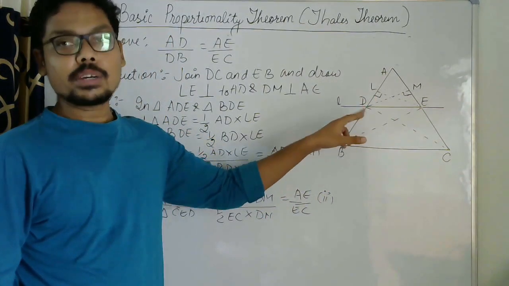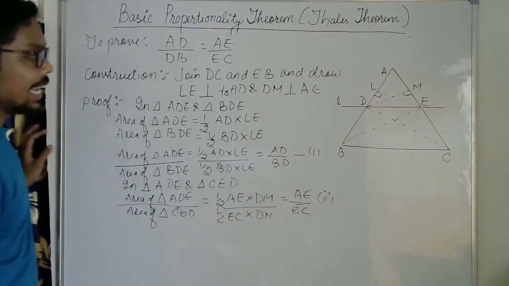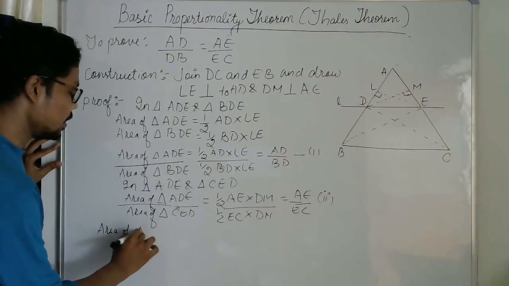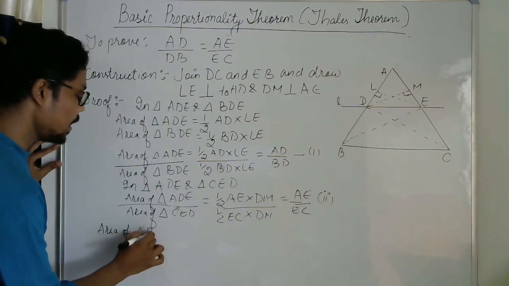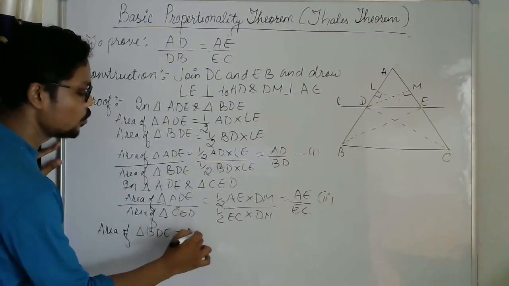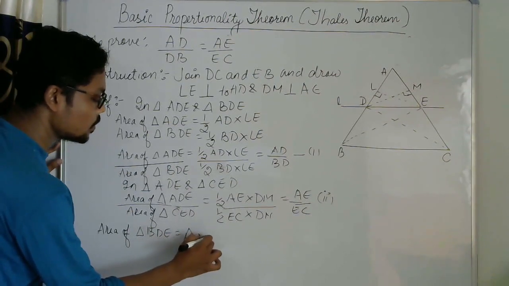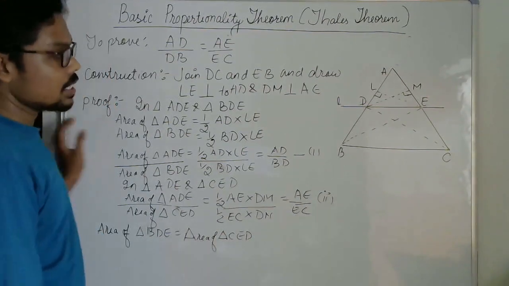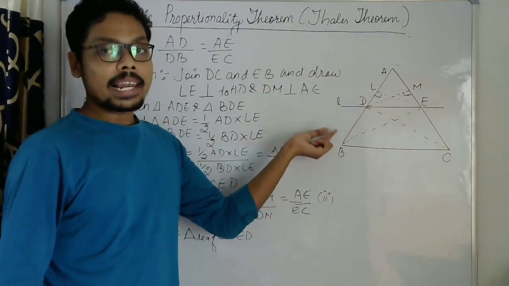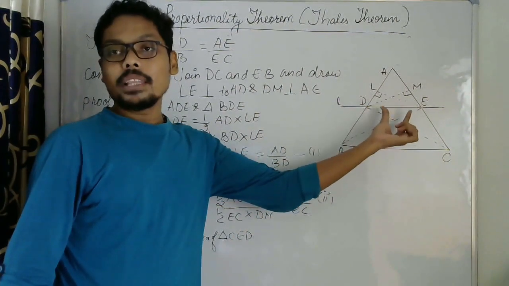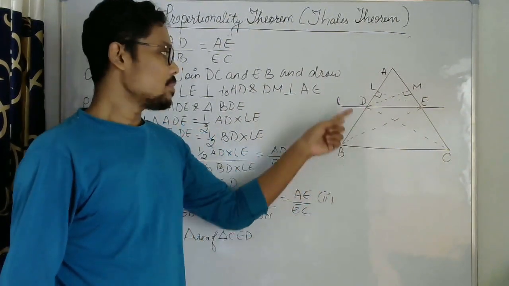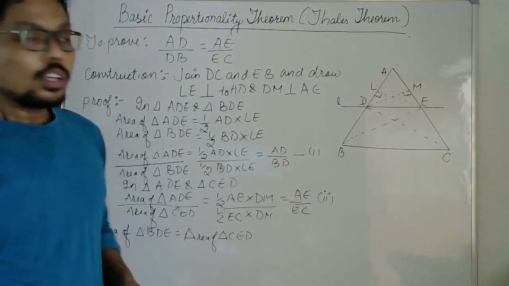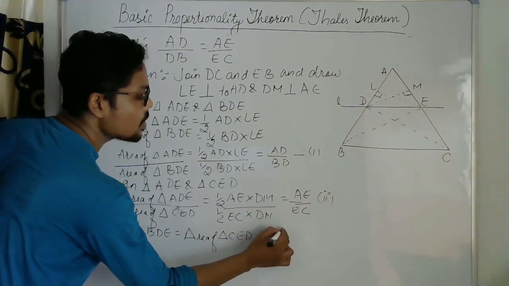Suppose these two conditions are satisfied, then always remember that the area of triangle BDE will always be equal to the area of triangle CED. How is it? Because these are between the two parallel lines and they have the same base, that is DE, the same base, because BDE and CDE. So they are equal in area. Suppose I am taking this as 3.